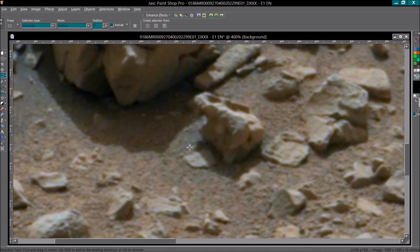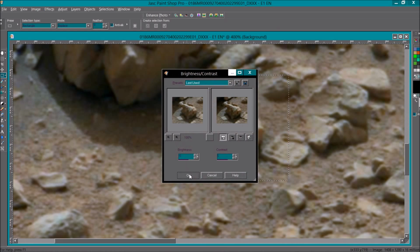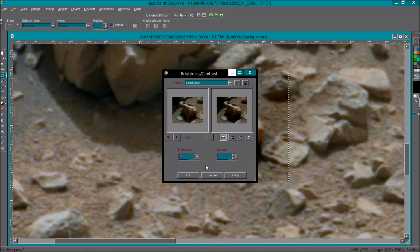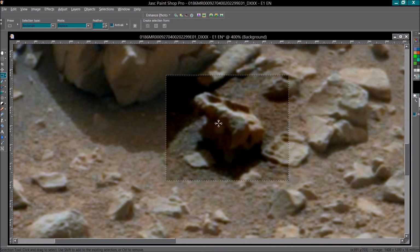Let's darken that up. See what comes out. Because a lot of the time this stuff is quite bright. You've really got to darken it up and get the contrast in there. Yeah, that looks like some kind of skull, or it could be part of the wreckage, but it has teeth